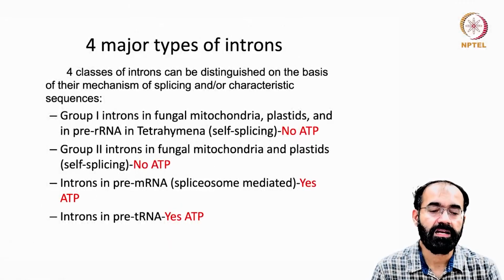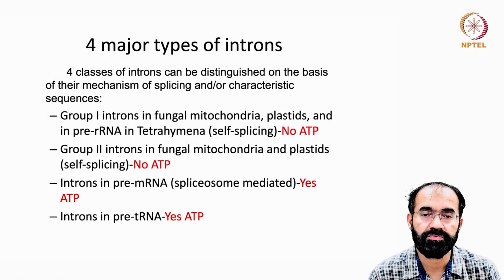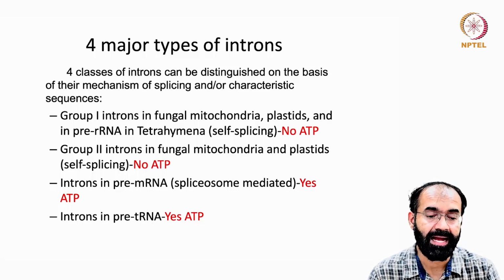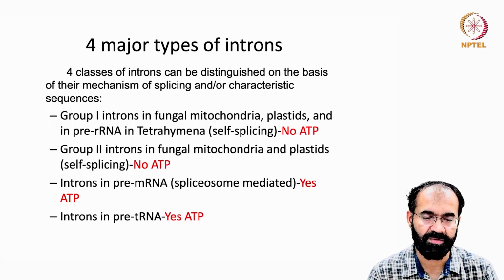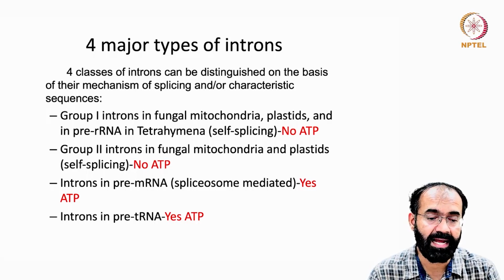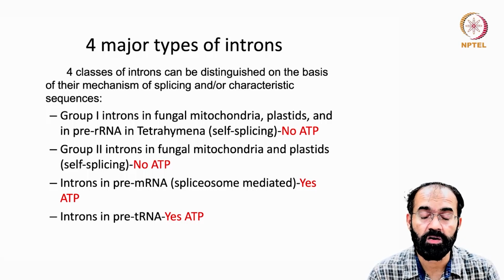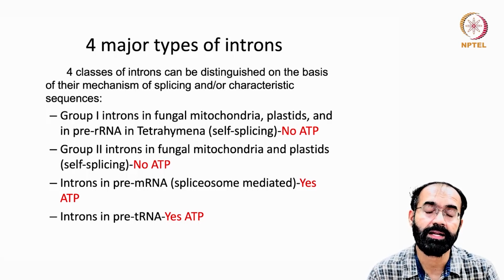And there are 4 major types of introns. 4 classes of introns can be distinguished on the basis of their mechanism of splicing and their characteristic sequences. Some we have already seen in the previous class. Group 1 introns are found in fungal mitochondria, plastids and in pre-ribosomal RNA of Tetrahymena. These are all self-splicing. Group 1 and group 2 are self-splicing introns and they do not require any energy source,